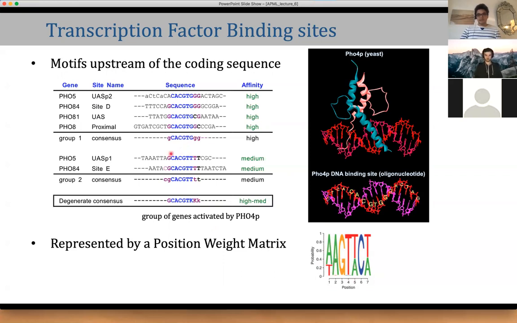It doesn't have anything to do with this one, but here you see we would have 7 positions, and at positions 3 and 4, it's almost always G and T. And here you have like 20% of T on position 1. And that's a model that then allows you to scan sequences and ask, is there maybe a transcription factor binding site at this position given the sequence?